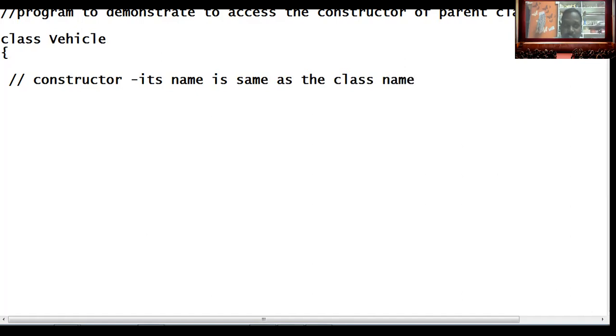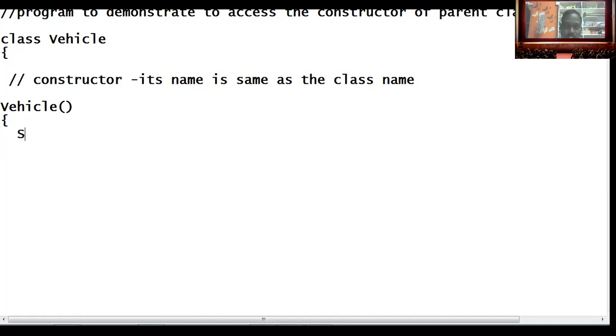What is the class name here? Vehicle is the class name. So I create Vehicle, and in this, Vehicle is a constructor.